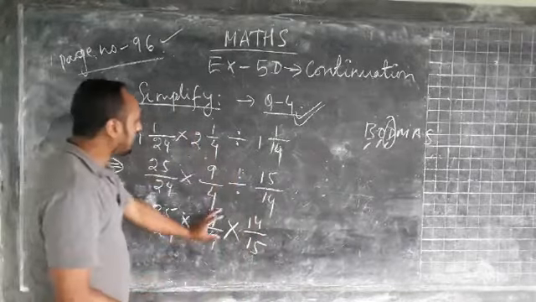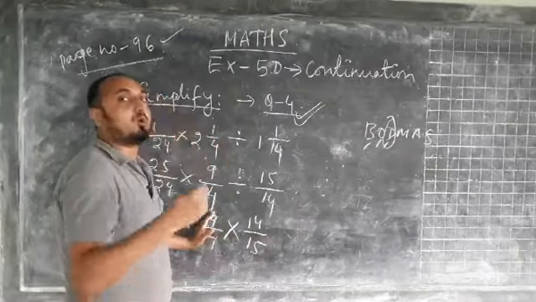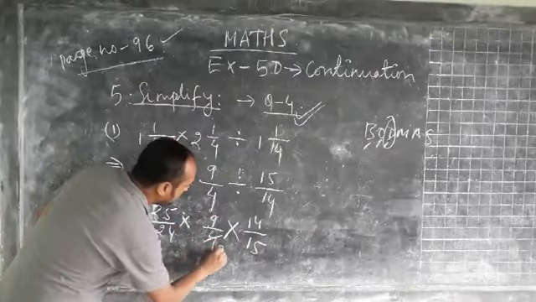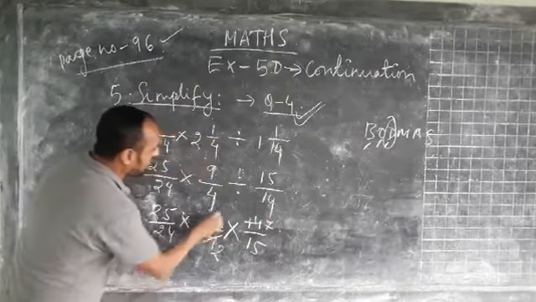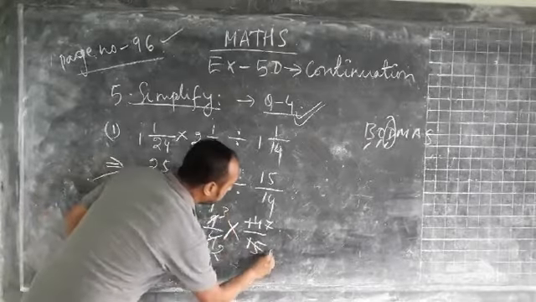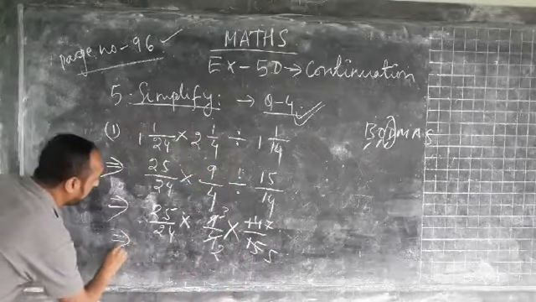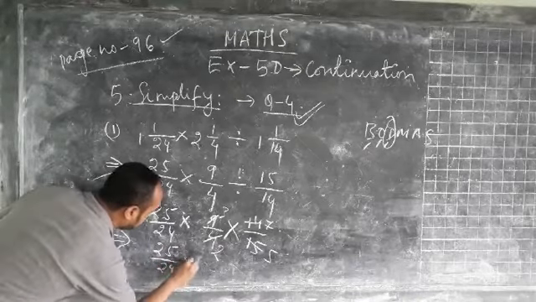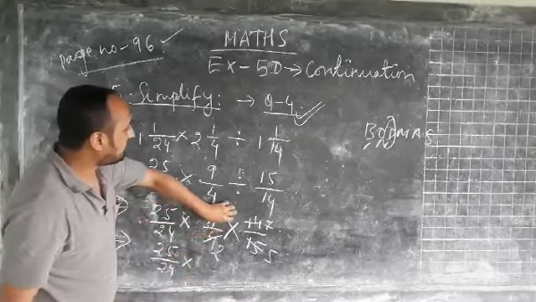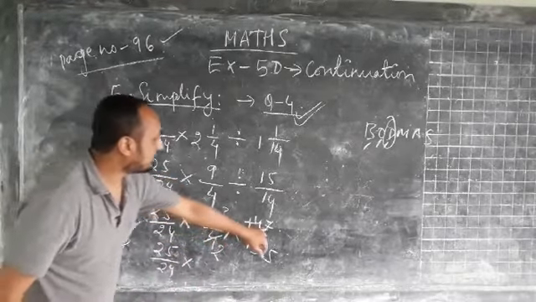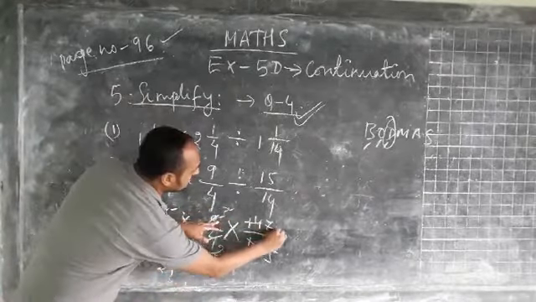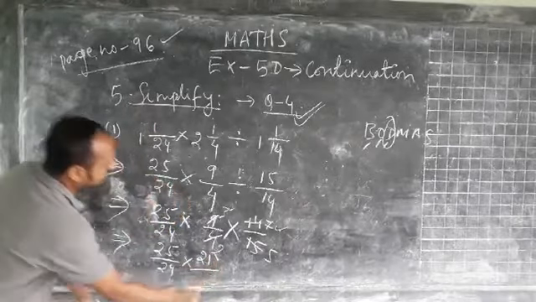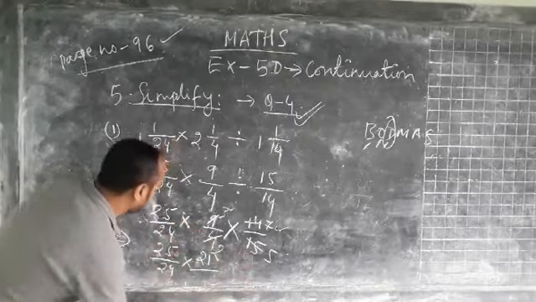Okay, now we will reduce this part first. Then whatever the number will be left, we have to multiply with this number. So here 2 2s are 4, 2 7s are 14. Here 3 3s are 9, 3 5s are 15. So next step we have 25 by 24 into, now whatever the number is left, we have to multiply this. So 3 into 7. Okay, this 3 into this 7. So 7 3s are 21 by here 2 into 5 10.